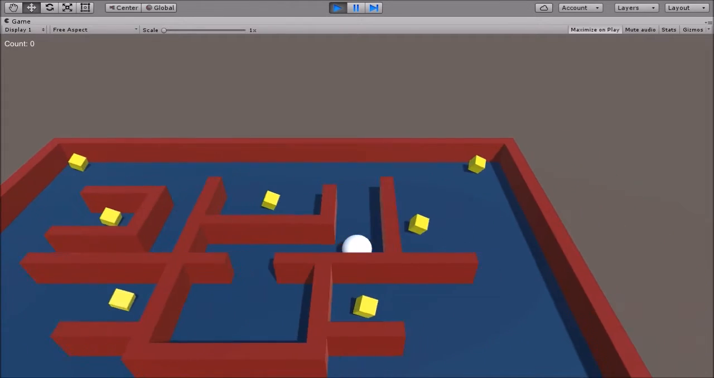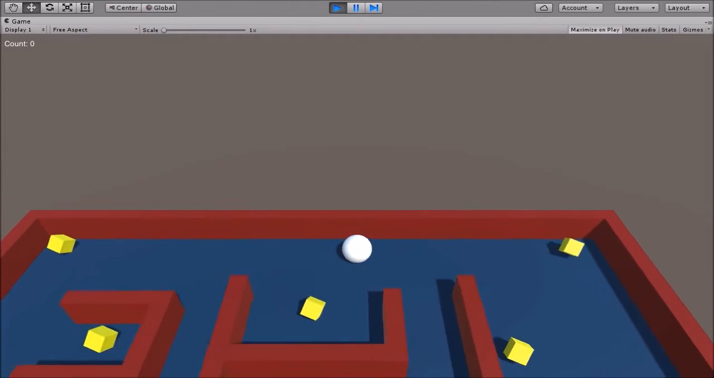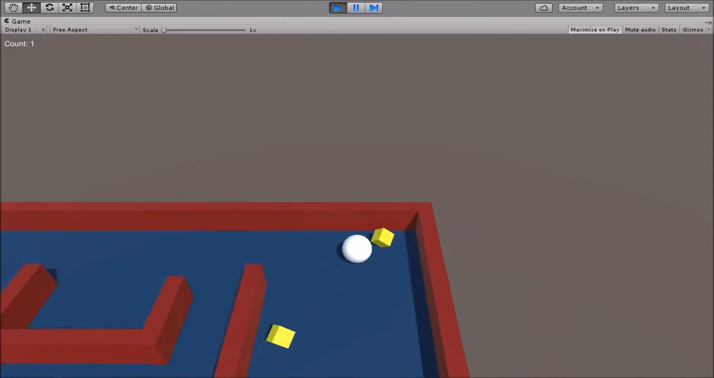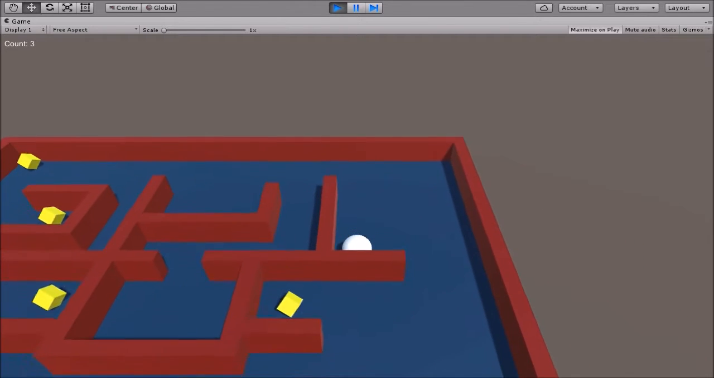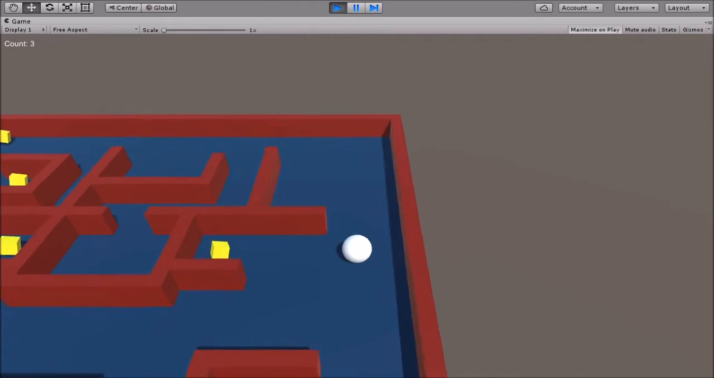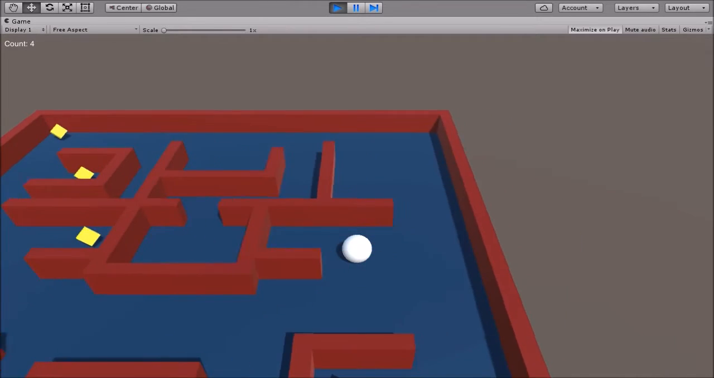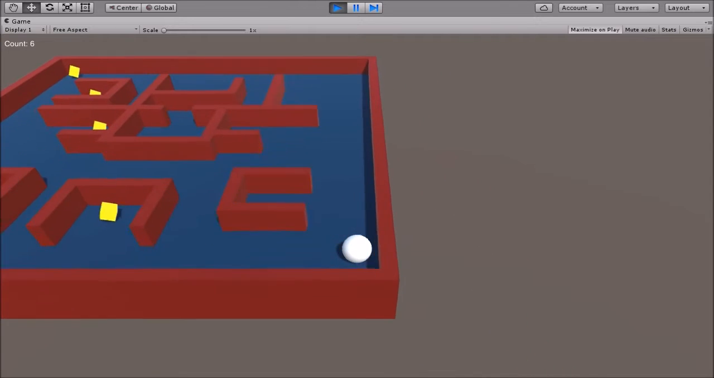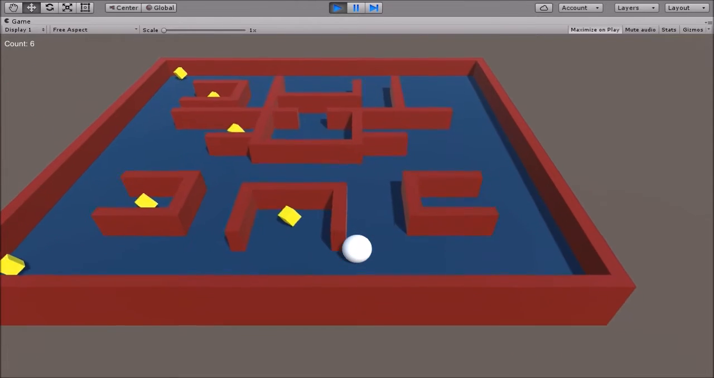So, I have currently made 2 levels. You saw the first one just a second ago. This is the second one. I've used more walls to make it semi-harder, and I have colored both the outer wall and the inner walls to give more